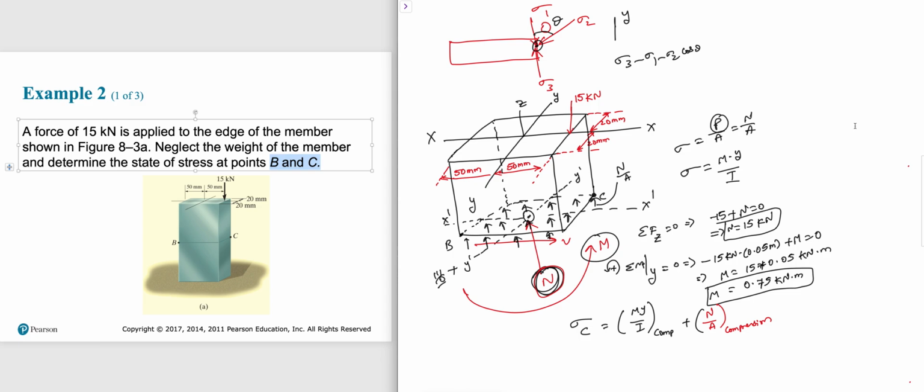That means at point C, you have a compressive stress due to N, and you have a compressive stress due to M. M for moment and N for normal force. Okay? That means you have two compressive stresses acting at C. That means you have to add them both and write a negative in front of them because it's a compressive force. So what we'll do is the M is 0.75